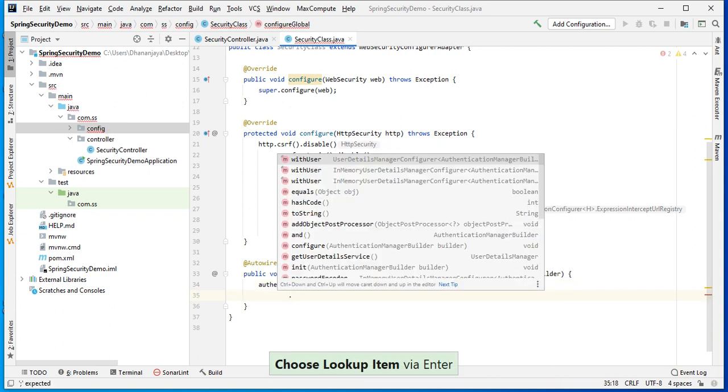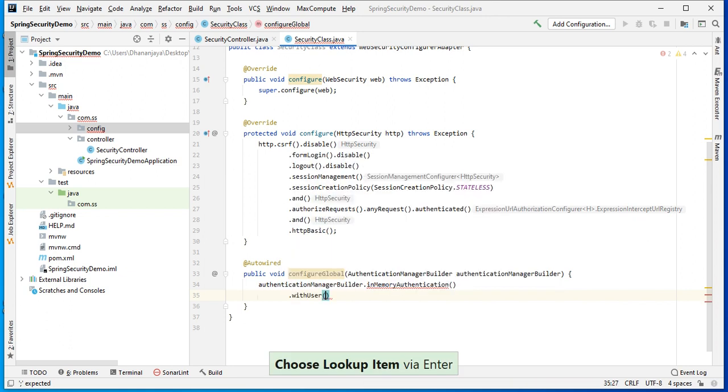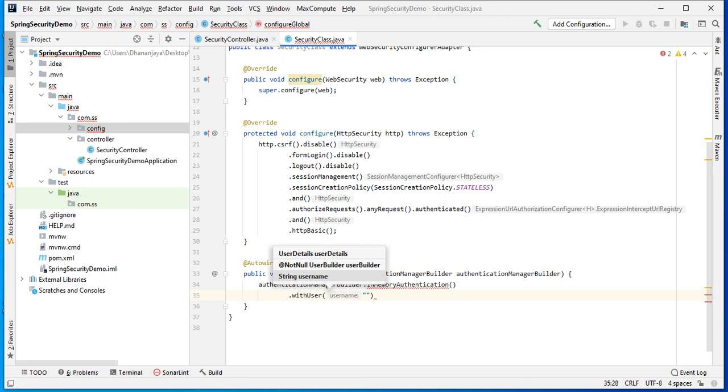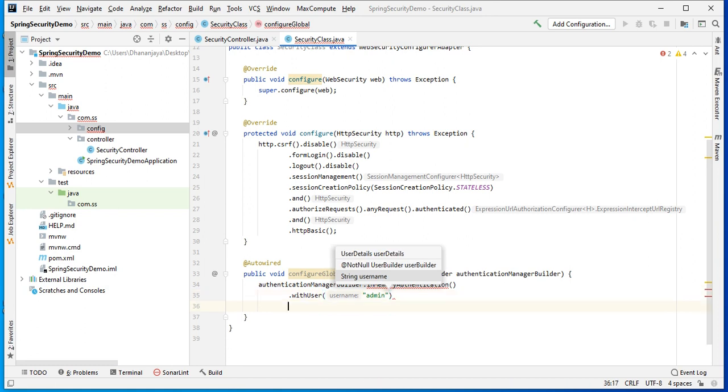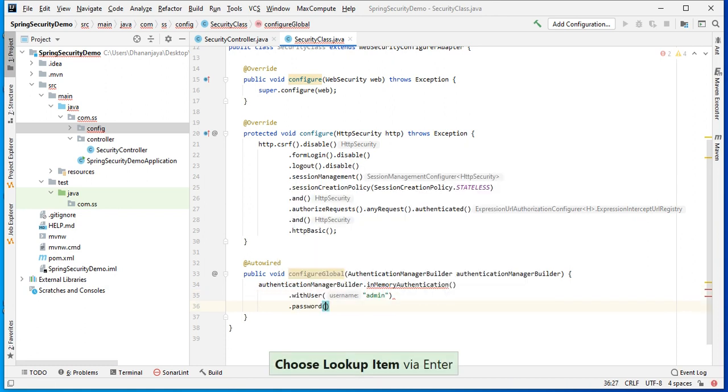Then we will do withUser. With the user, let's say the username is admin and the password is, in password we need to write in one encoded format, like I will use new. So the password will be admin.